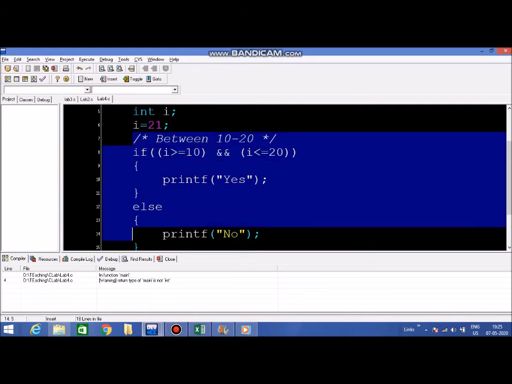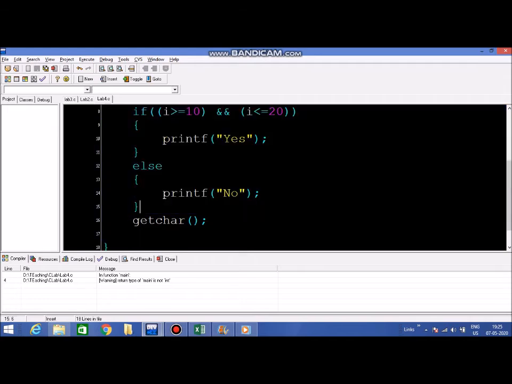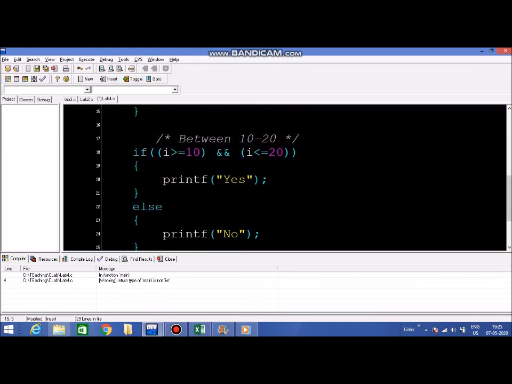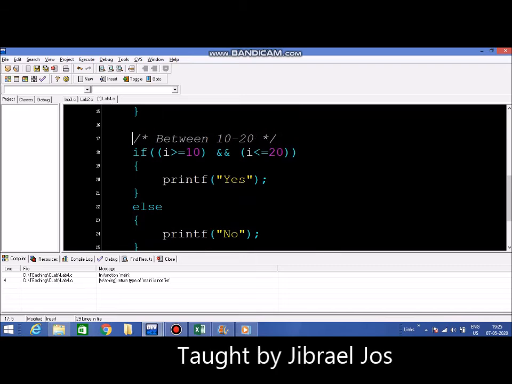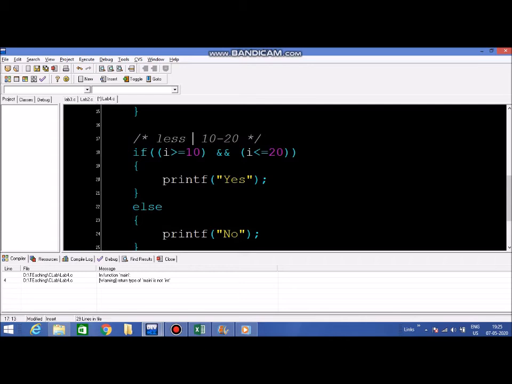Now let's do a condition to check for OR. Let's try another small piece of code, and this time we want to tell if the number is less than 10 or the number is greater than 20. So I should say yes when it's a 9, or I should say yes when it's a 21. Now the criteria is a bit more complicated. I want it to be less than 10 or greater than 20. The way we have written it in English is what we are going to code.